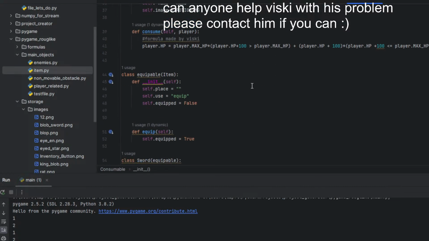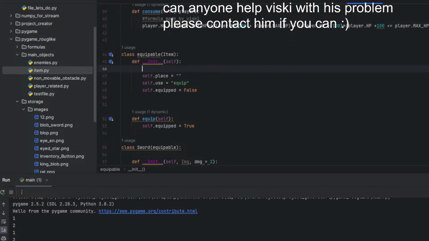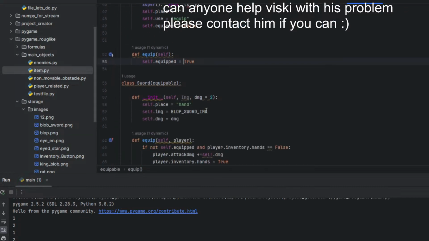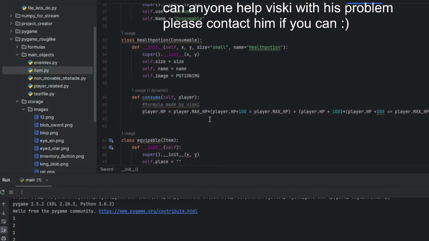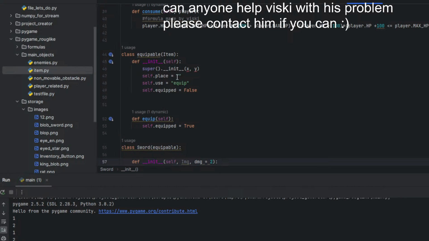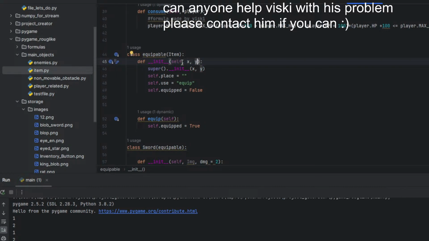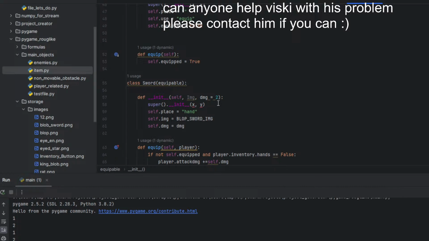Okay. Like this. I need to use this, I guess. X, Y, like in this case, and third X, Y, and one comma is one comma too much.